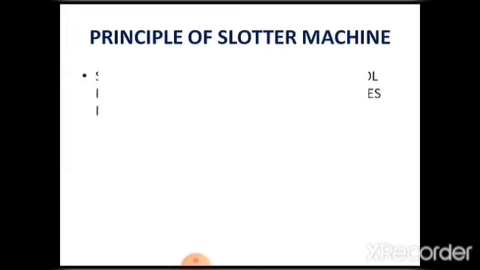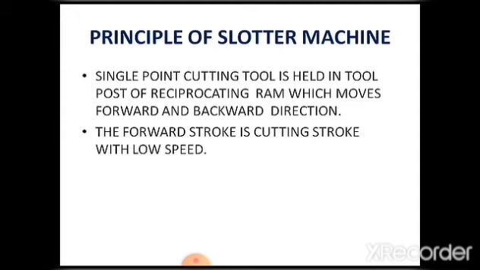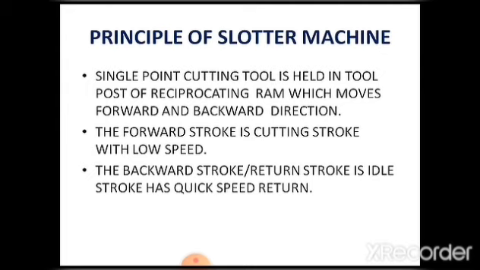अब हम इसका प्रिंसिपल देखते हैं, यानी किस सिद्धांत पर स्लॉटर मशीन काम करती है। तो इसमें क्या होता है? आपका जो एक धारी कर्तन औजार होता है वो टूल पोस्ट में लगा हुआ होता है। ठीक है, यानी कि जो सिंगल पॉइंट कटिंग टूल है वो टूल पोस्ट में क्या होता है? फिक्स होता है। और वो रैम में लगा हुआ था जो रेसिप्रोकेटिंग मोशन करती है अपना आगे से पीछे की डायरेक्शन में। ठीक है, तो जो फॉरवर्ड स्ट्रोक होती है वो कटिंग स्ट्रोक होता है, यानी कि जब टूल आगे की तरफ बढ़ता है तो वो कटिंग करता है और उसकी स्पीड कम होती है, क्योंकि स्पीड इसलिए कम हो जाती है क्योंकि वो धीरे धीरे काटता हुआ चलता है।